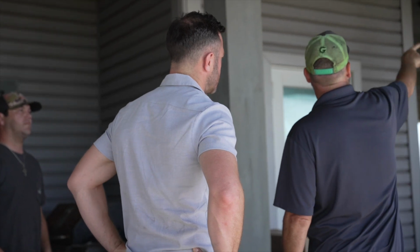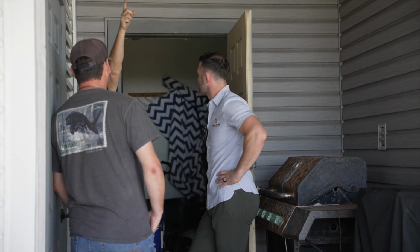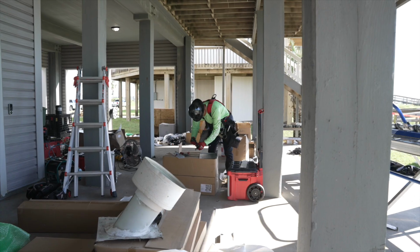So here we are under the house. We're going to put the Tesla backup gateway, which manages the energy flow between the grid and the solar and the batteries. The batteries we're using are Tesla Powerwall 3, which is a game changer battery with an inbuilt inverter. We're going to be putting those down here under the house, and that's going to provide complete energy independence to these homeowners. So in times of outage, or in times of bad weather days or overnight, they're going to have